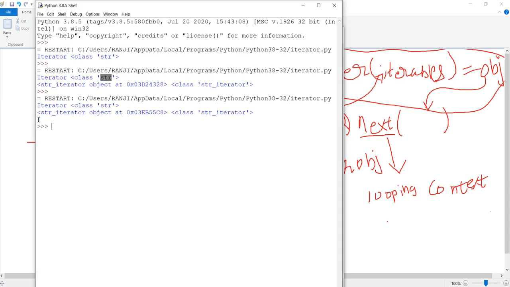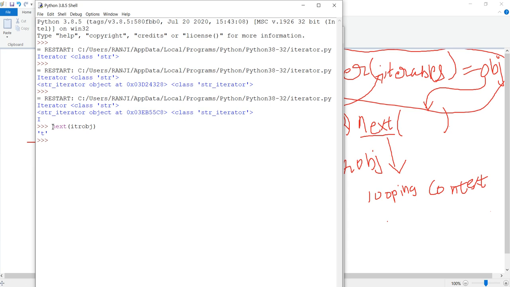So the output we get is I. Now on the console itself, or on the shell itself, if I call this again, it will print t. So that is the next letter in iterator.